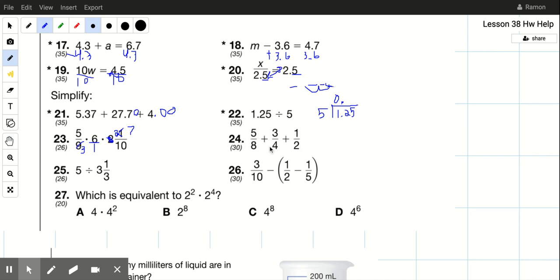5/8, 3/4, 1/2. We're finding the sum. In order to do this, we need common denominators. Using a bit of mental math, I know that the common denominator is 8, so I have to change the 4 into 8, multiply numerator and denominator by 2. For the 1/2, multiply numerator and denominator by 4. That will give us our new fractions with the same denominator, and then we find the sum of all of them. So you have 5/8